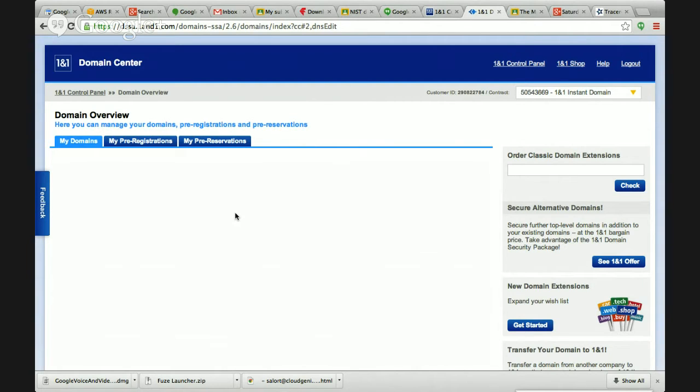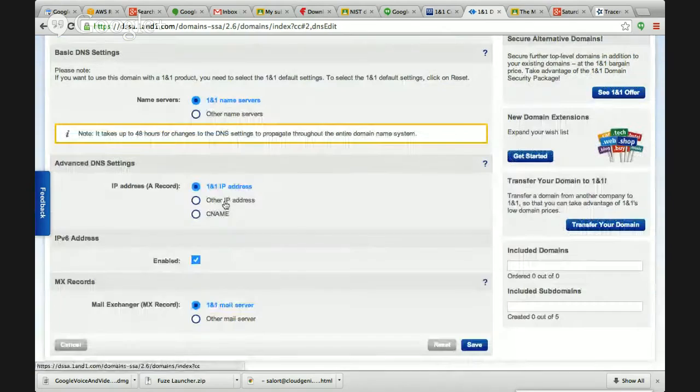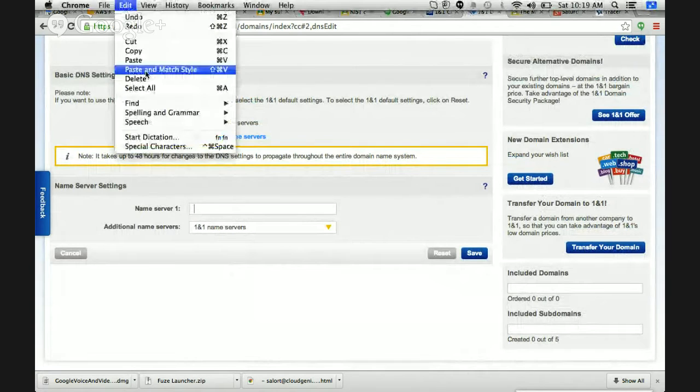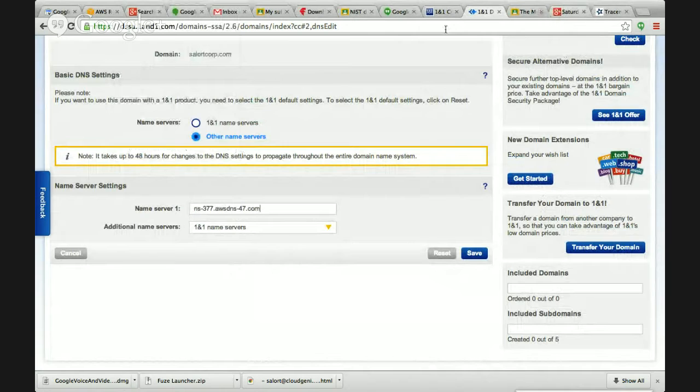And here you want to change the DNS servers to not 1N1, but other name servers. And put your first name server number 1, paste it. And that is the first entry. Now when you paste it, hold on, before you go, when you paste it, you should make sure to clean paste. As in, the pasting has to happen with trailing and leading spaces removed. So you should go before 1NS and make sure it is clean.